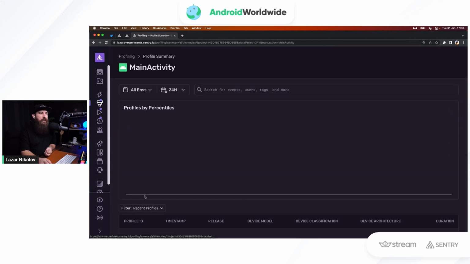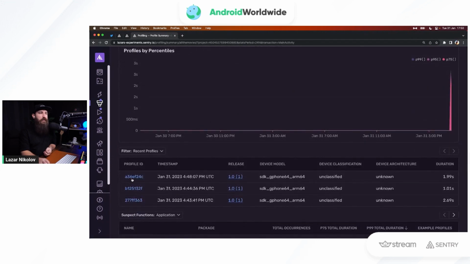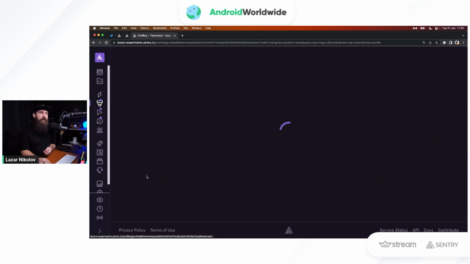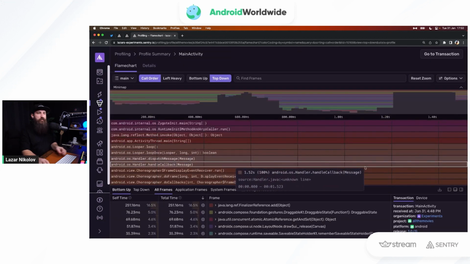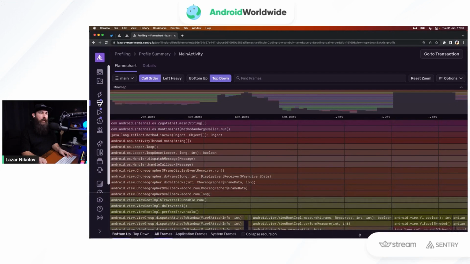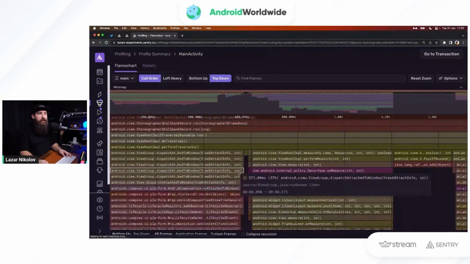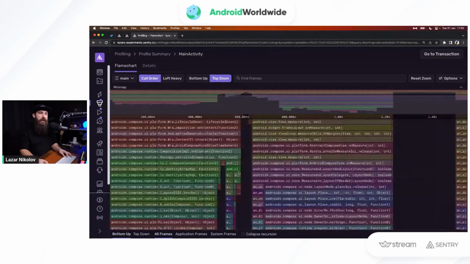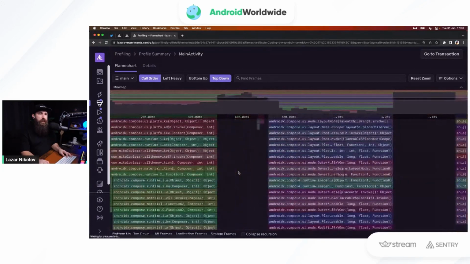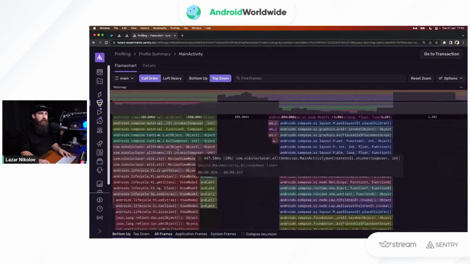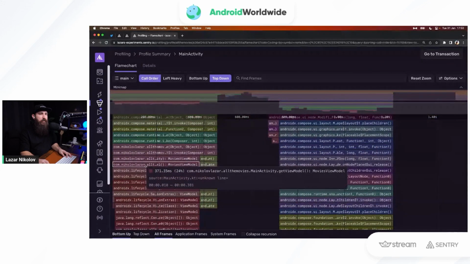And we can click on this and we'll see a bunch of profiles, right? So the most recent one is this one, which, as you can see, is like 2 seconds long, right? That's pretty slow. But if we open this up, we're going to see the flame chart of our profile. And yeah, you can spend some time reading this, but if we scroll down, we should see somewhere around here